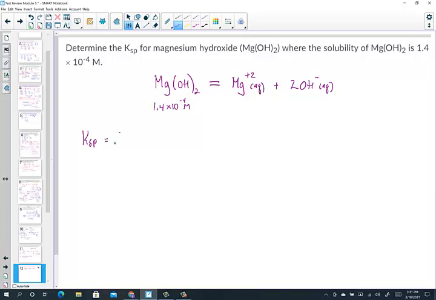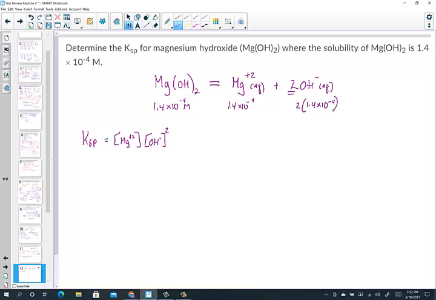Well, I know that it would be equal to the molar concentration of magnesium times the molar concentration of hydroxide, knowing that hydroxide has to be squared because coefficients become the powers with which you raise during your equilibrium expression. So thinking about what we have here, magnesium hydroxide to magnesium ion is a 1-to-1 mole ratio. They're going to be the same number. But since twice the number of hydroxides come out, its molar concentration will be 2 times 1.4 times 10 to